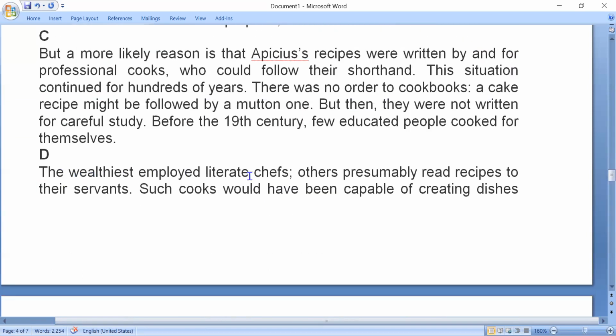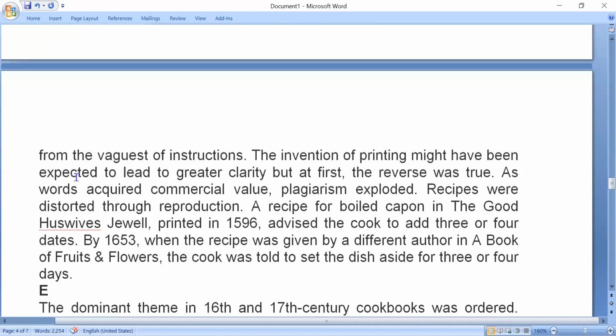The earliest employed literate chefs presumably read recipes to their servants, such cooks being capable of creating dishes from the vaguest of instructions. The invention of printing might have been expected to lead to greater clarity, but at first the reverse was true, as words acquired commercial value, plagiarism